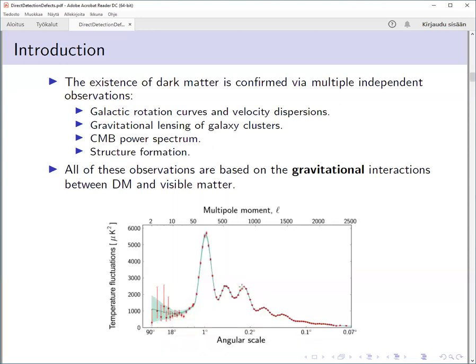Right, then there is evidence from the cosmic microwave background, specifically when you look at the power spectrum. So this is the 2-point correlation function of the temperature map of the cosmic microwave background. If you have a denser point at some location, this function shows the probability of finding an overdensity at the given distance from that point. And we know that there are these preferred scales where this probability should be higher, and these are given by